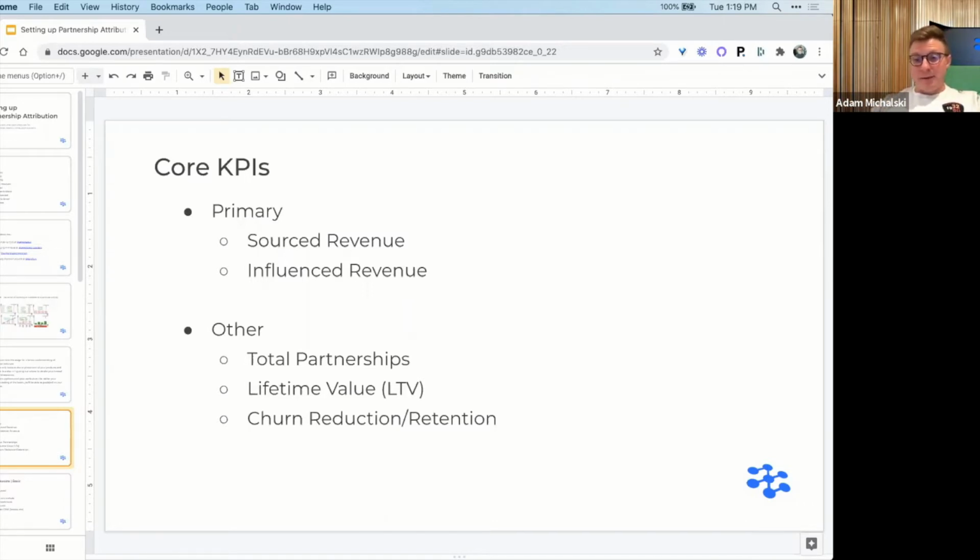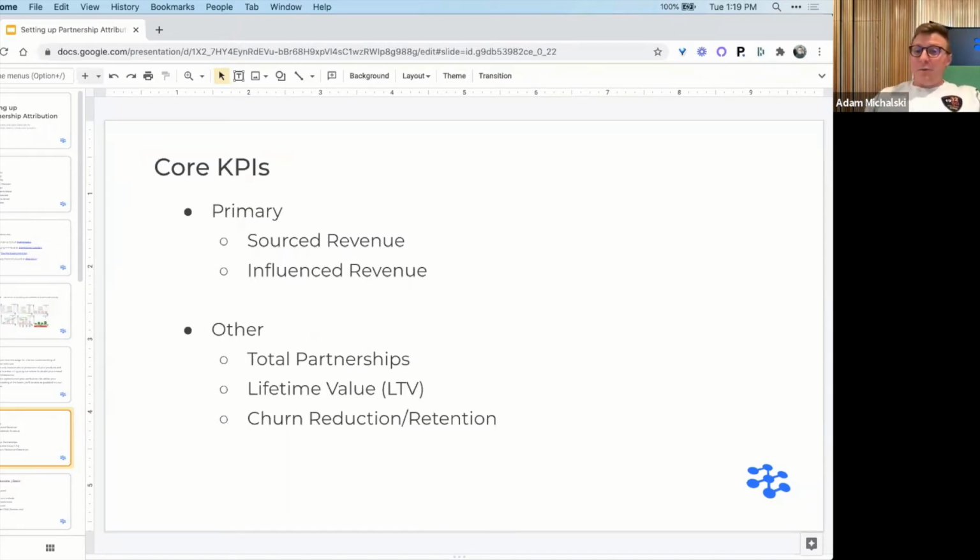For example, if a partner introduces you directly to a client, or if the partner, in the case of a deal registration or a lead submission, goes ahead and introduces you to an opportunity that was previously non-existent in your CRM, that is sourced revenue. I'd say the vast majority of organizations that I've seen out there are tracking sourced revenue. One, because it's the easiest to track, again, because it's very black and white. But two, because it's also one of the most important metrics in terms of how much business is actually coming from the partnership organization.